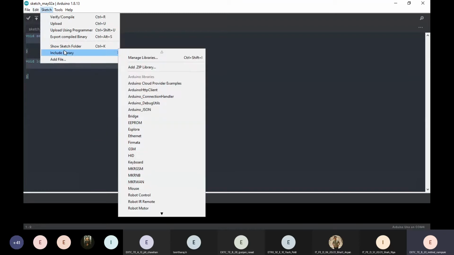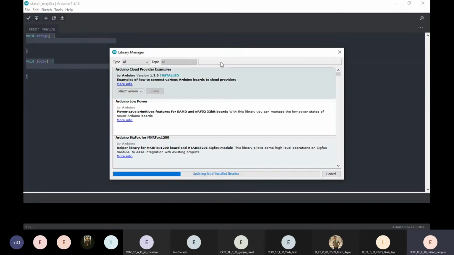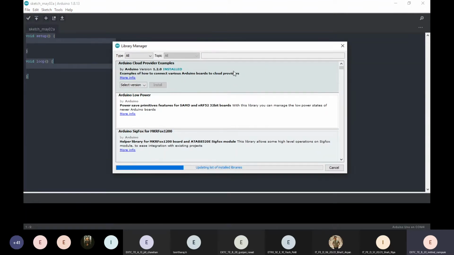Let's go to Sketch, Include Libraries, and Manage Libraries. Okay, so we'll get a list of libraries. Let it finish updating. Okay, so we'll write here MLX.